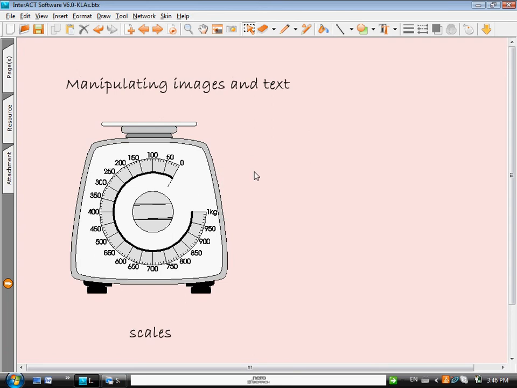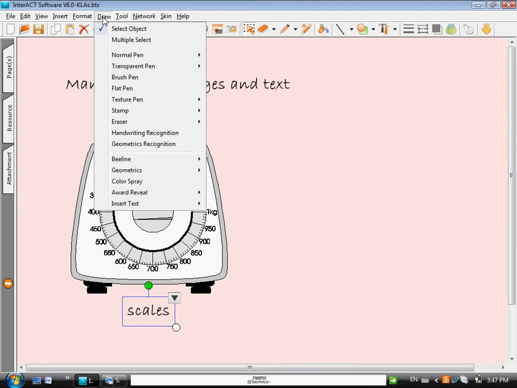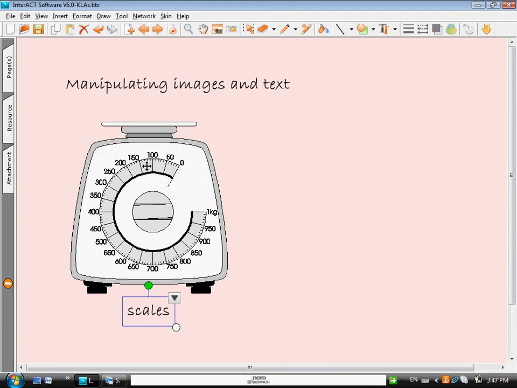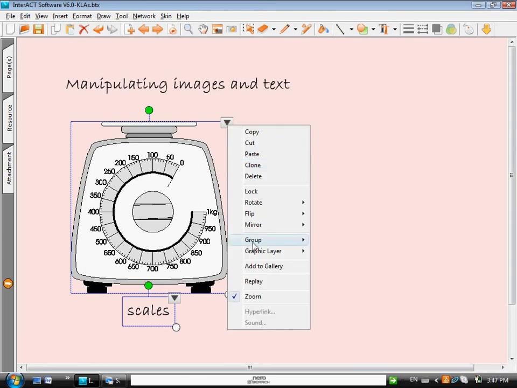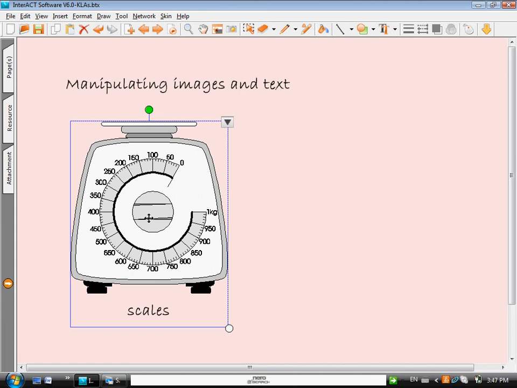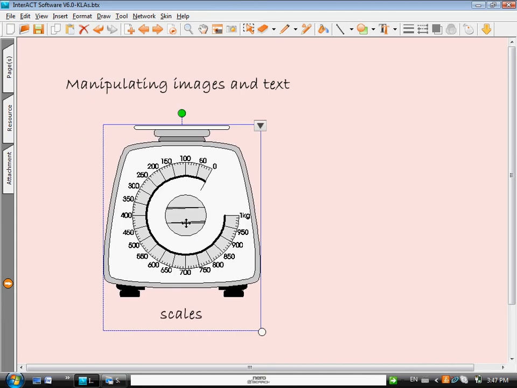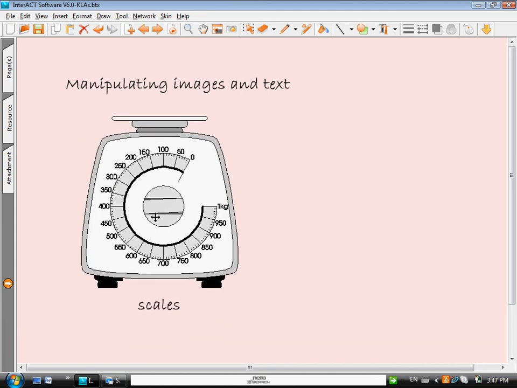The next page looks at manipulating these images. One way that you may want to join things together, so that initially just hit your select object, tap on the thing that you want to join together, then go up to draw and go to multiple select, tap on the things that you want to join, and then selecting one of the down arrows, go to group and then hit group again, and now this is one whole thing that you are able to manipulate around the page instead